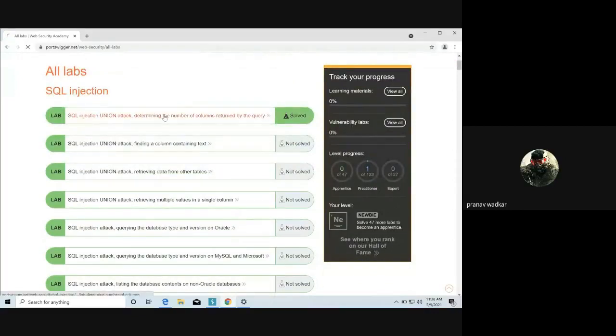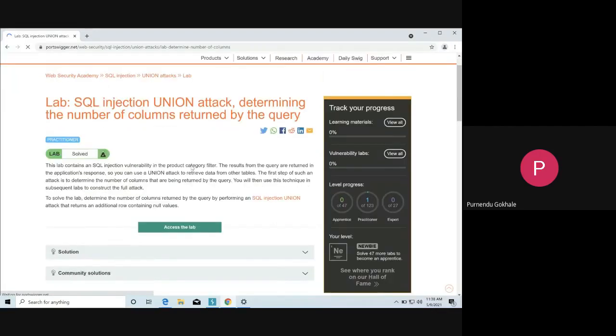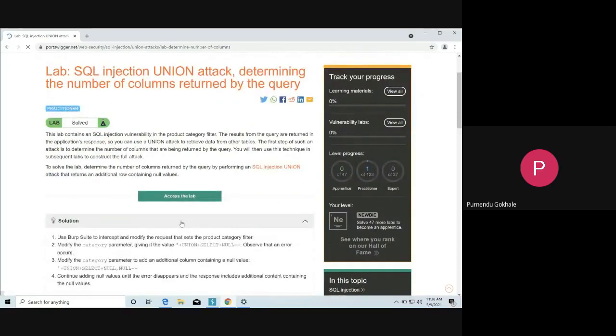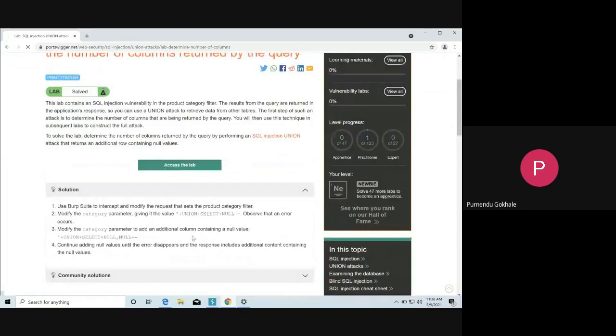Here what we have to do is find the number of columns present in the database. This is the first step of any SQL injection. The problem statement says this lab contains an SQL injection vulnerability in the product category filter, and the results from the query are returned in the application's response.